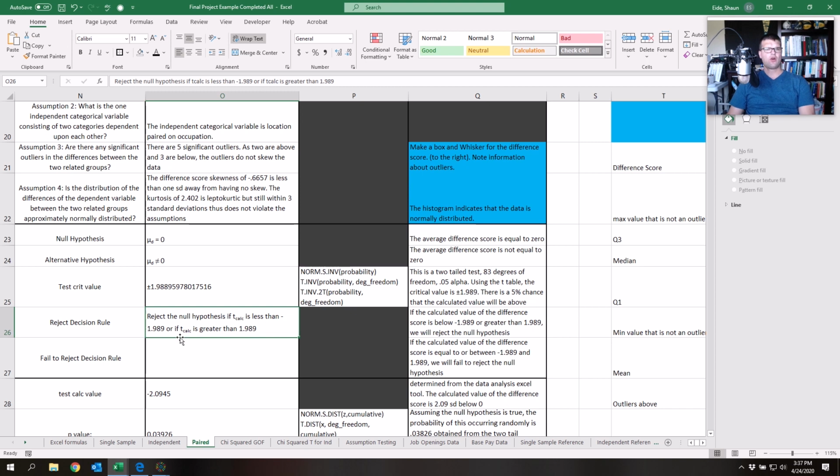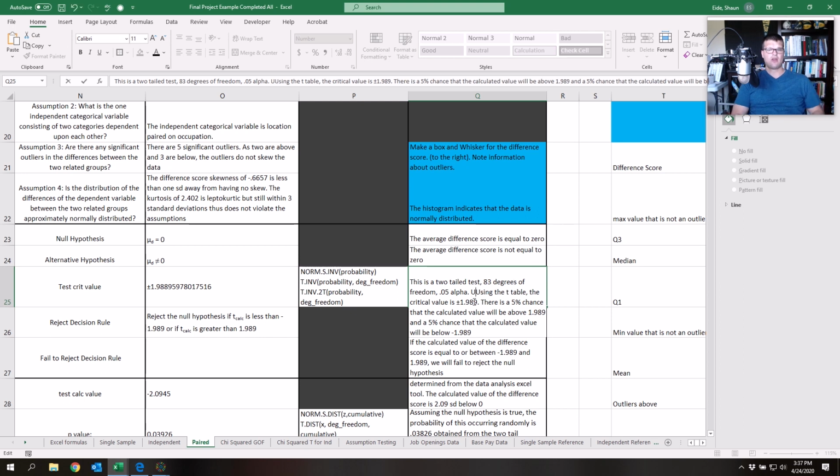And if you look over here on the right hand side, I do explain things a little bit more, and I want you guys to explain things just a little bit more too. Like for instance, the null hypothesis, I have it written in symbols here, but I have it written as the average difference score is equal to 0. The average difference score is not equal to 0. The two-tailed test, 83 degrees of freedom, 0.05 alpha, use the t-table, or in this case, use the